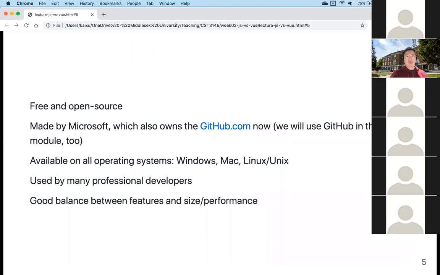Just a quick introduction to Visual Studio Code. First, it's free and open source, so it doesn't cost anything to get it. It's actually made by Microsoft, which used to have a kind of bad name, like this evil big corporation, but I think it has changed a lot in the last few years since they changed the CEO. Actually, it owns GitHub now, which is the online open source software repository. I'm going to use that later in